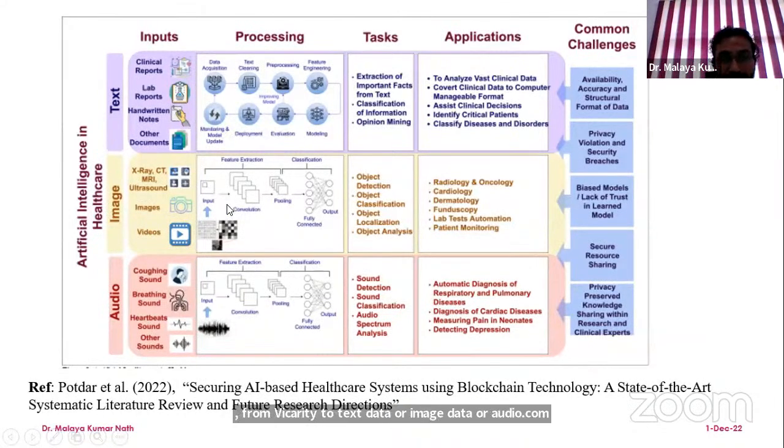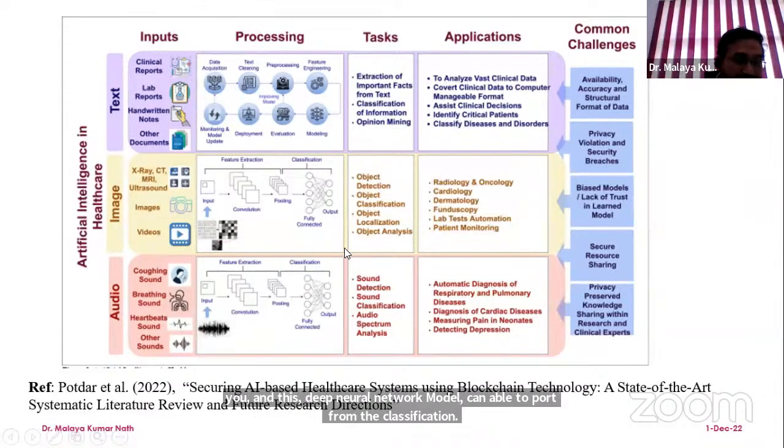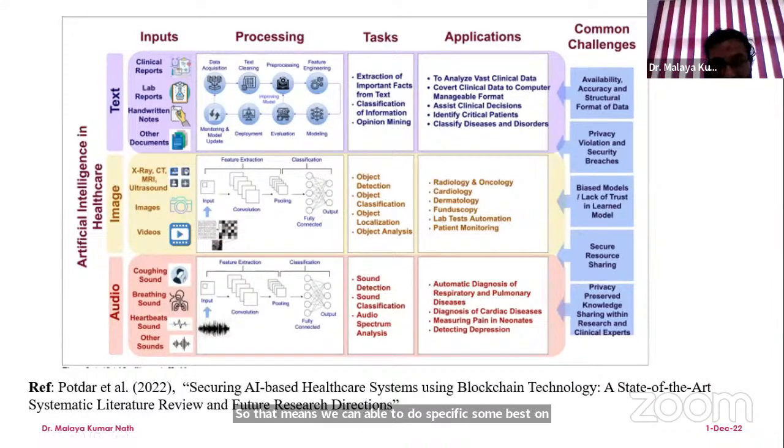These features are given to the deep neural network model, which can perform the classification. That means we can classify based on the symptoms and on certain features present in the different data. So this has common challenges. We'll come to these common challenges.